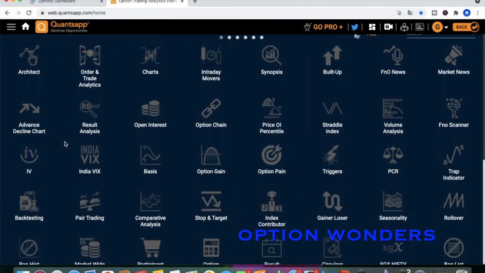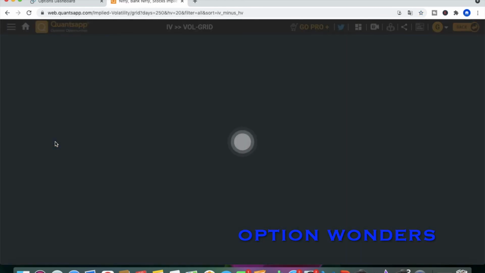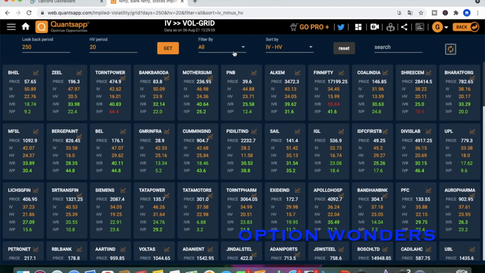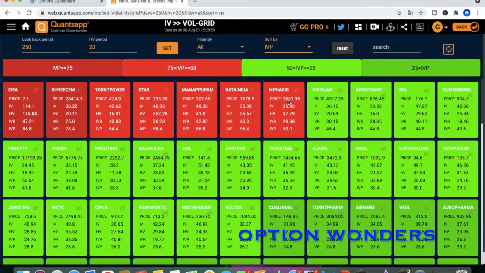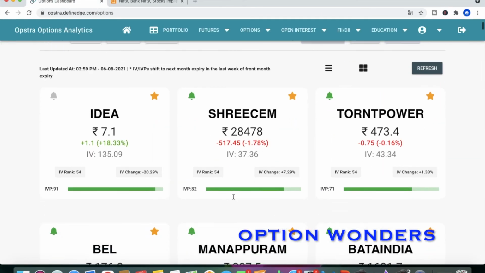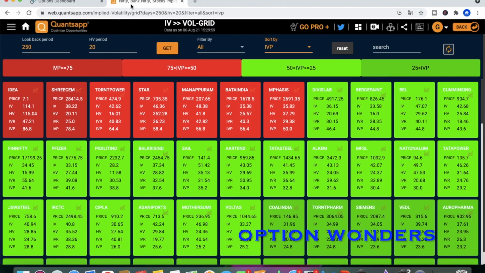Okay, so for selecting in concept, I will show you from the basic. So first you have to select the IV. Okay, IV volume grid. Once you select the volume grid, you can see the filters. Here you have to go for sort by, and in this you can see high IVP. Okay, once you get this, the same whatever we have seen here, the same stocks you can see here also. Okay, so Bata India is also there. So there are so many stocks which come here, so you can do strategy according to that. And one more thing,